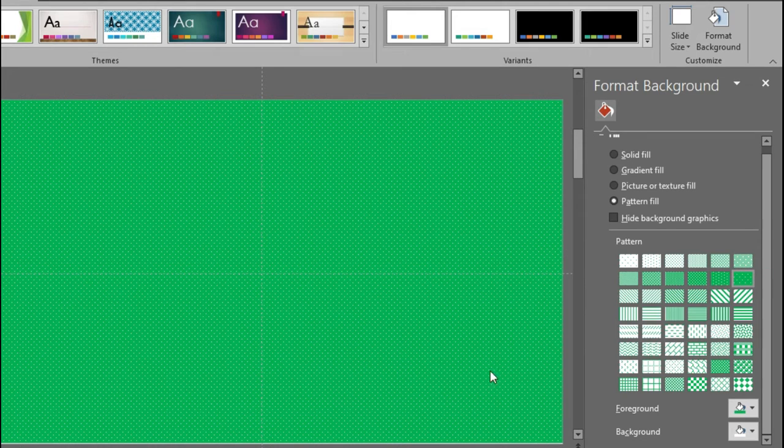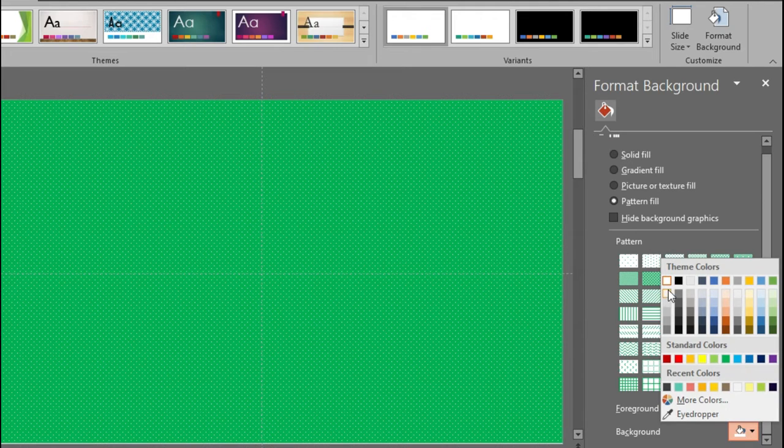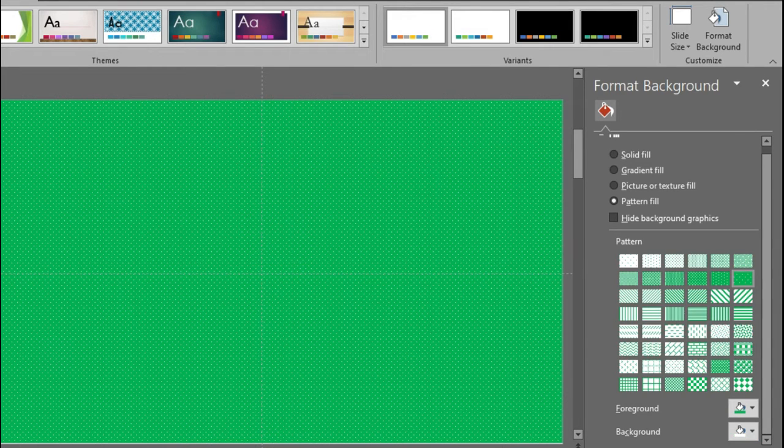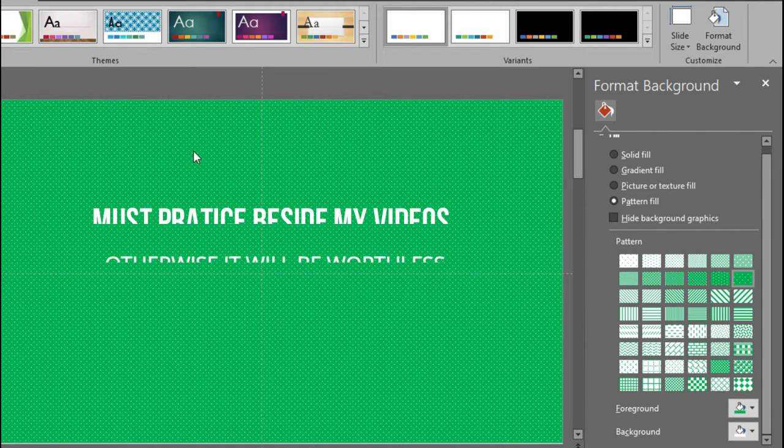You can see this is the pattern fill. You can change the background color also. Currently this background color is white. If you change this to green, you can see the difference. Everything is green. So this is how pattern fill works. You have to explore it by yourself.